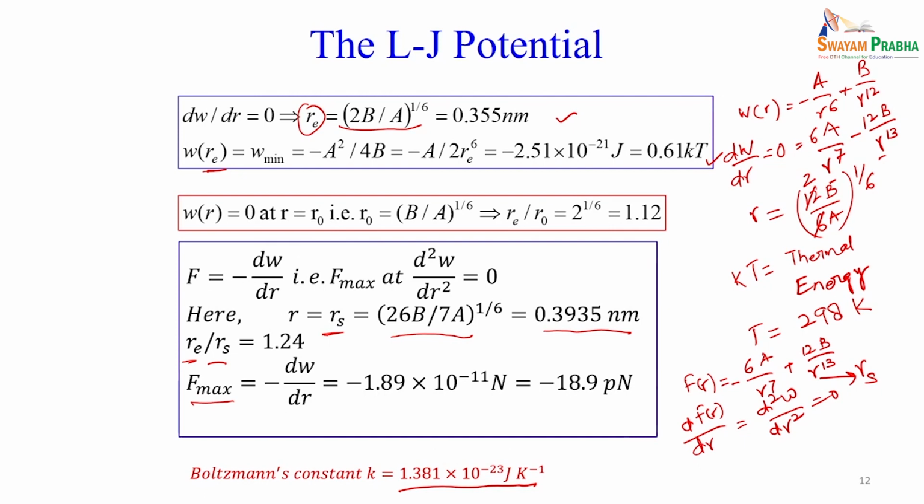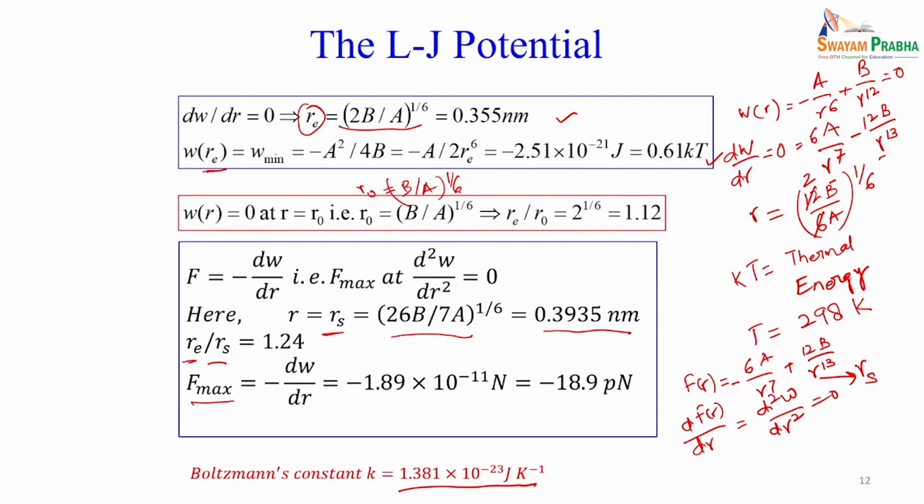So, if you want the zero potential, it means the value of W(r) should be 0. If you simply put the value of W(r) as 0, then R naught will be (B upon A) to the power 1 by 6. It is very simple. R naught will be (B upon A) to the power 1 by 6. And if you calculate this R naught, it is coming to be 1 point